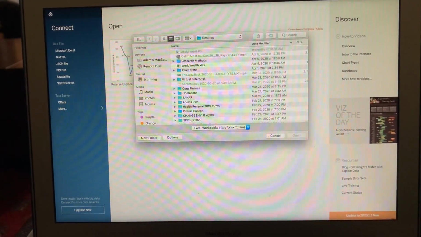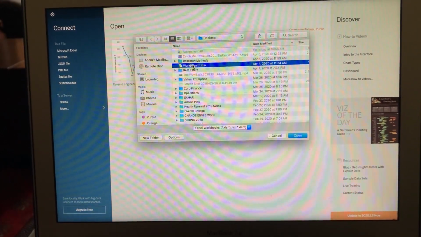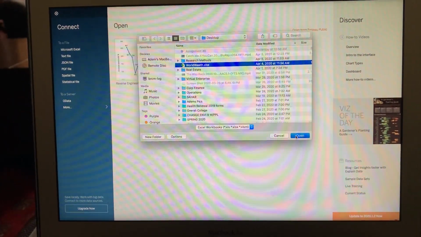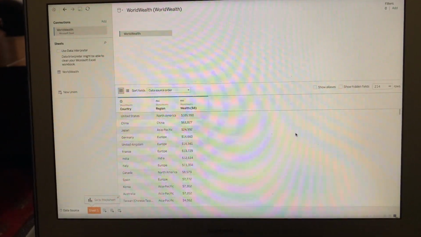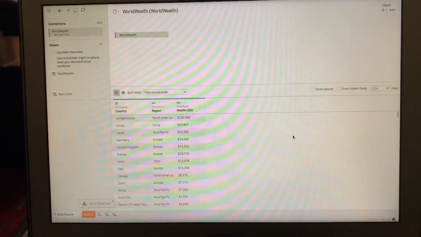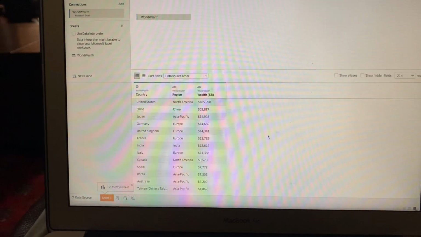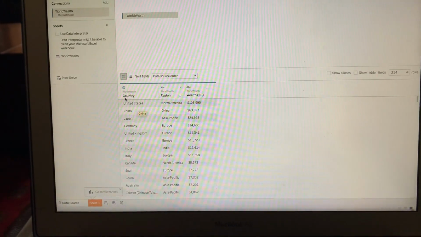So I'll go ahead and select the world wealth spreadsheet here, and open that up in Tableau. All right, as you can see, just starting off with the screen without me doing anything, the main focus here is going to be on this data. It's sorted by country,